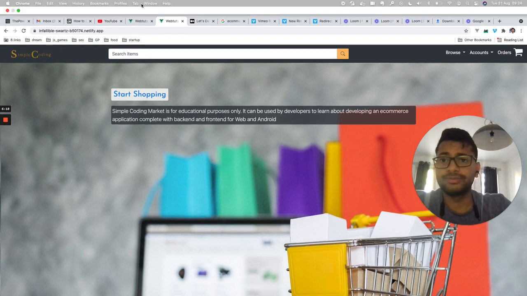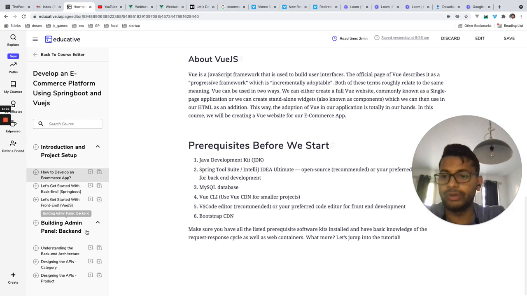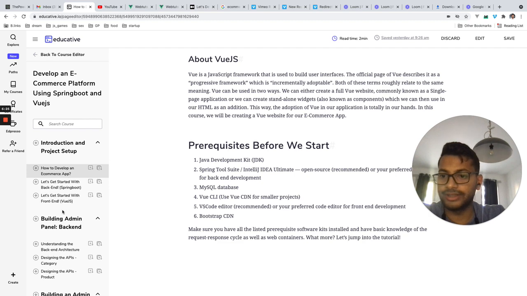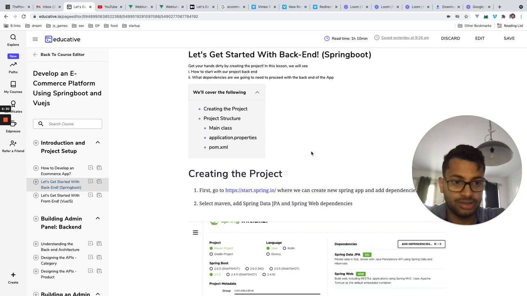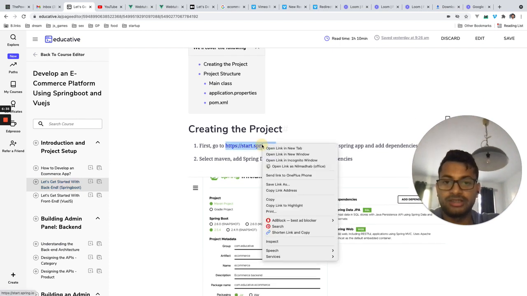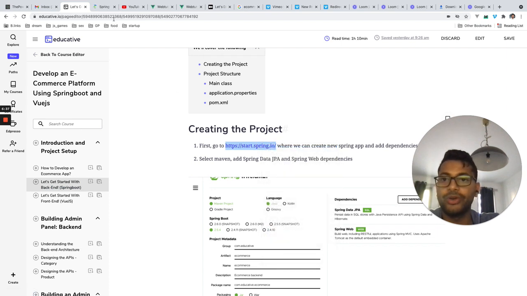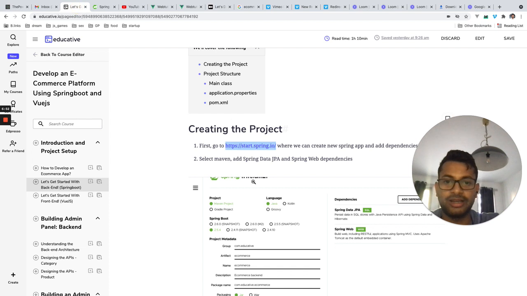So first we'll go through how to set up an e-commerce platform, how to set up a Spring Boot project. First you can go to this site where you can create a project. I've already created it, but it's very simple. You just put some name, like some artifact, and you can add some dependencies, and you can create the project. So I have added,